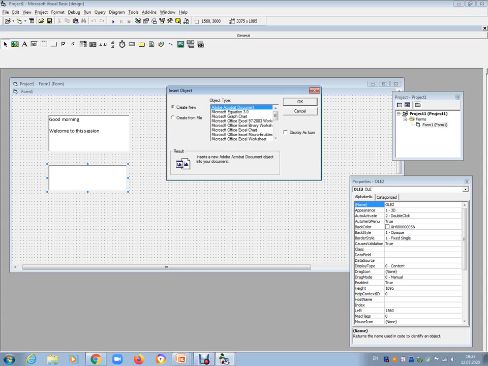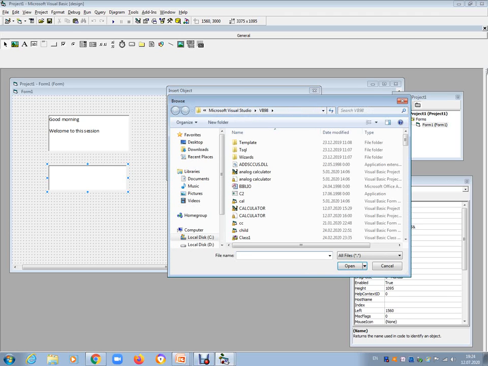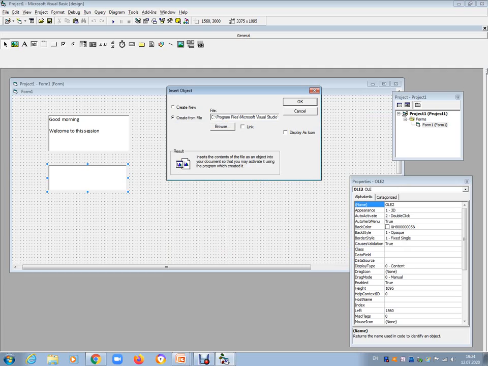Then it automatically opens the Insert Object dialog box. Now we choose Create from File. Then click on the Browse button to select a document from your files. Suppose I choose a calculator, then open, and the file comes into this dialog box.